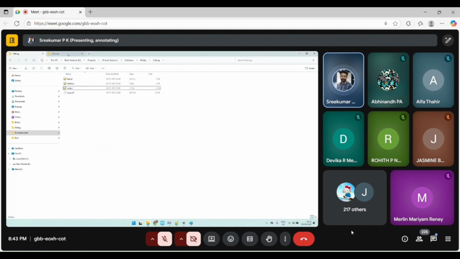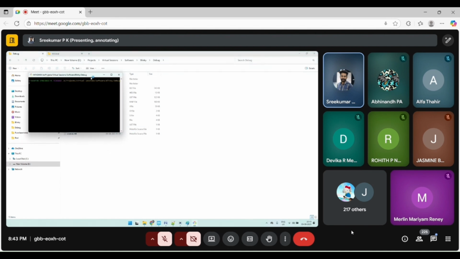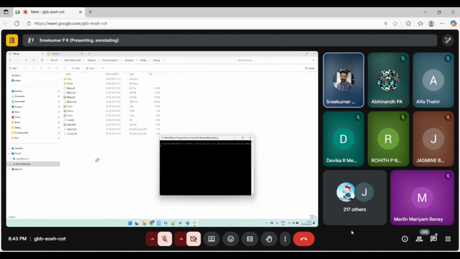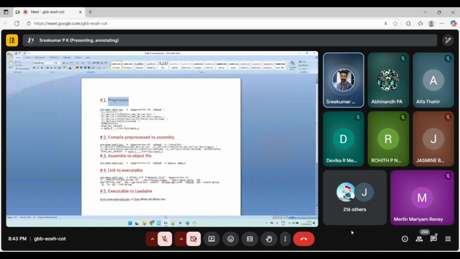See, I'm opening one tool here, that is Git Bash. So I have a particular preprocessor command.